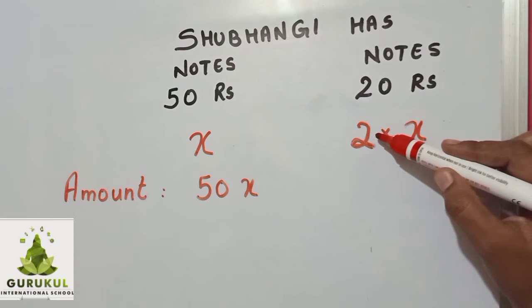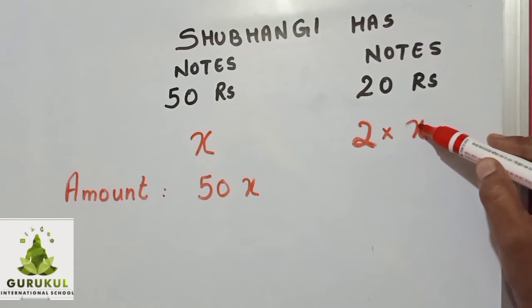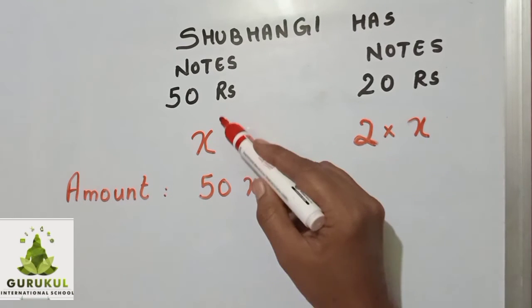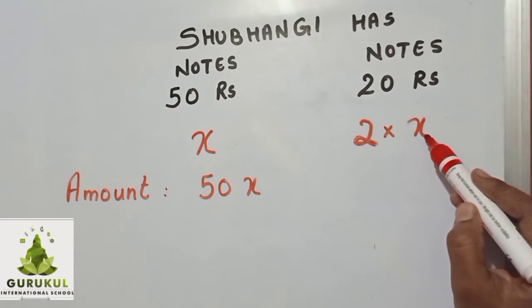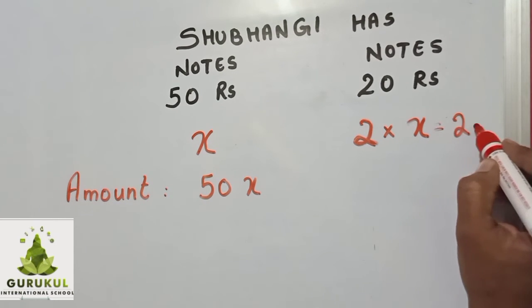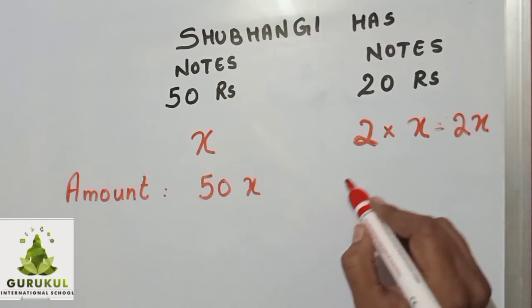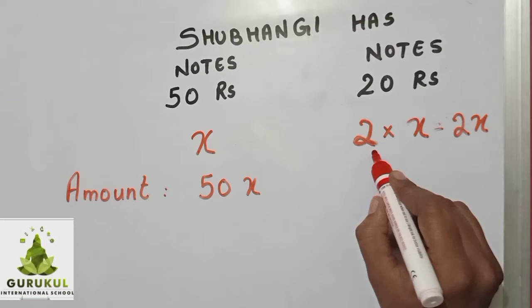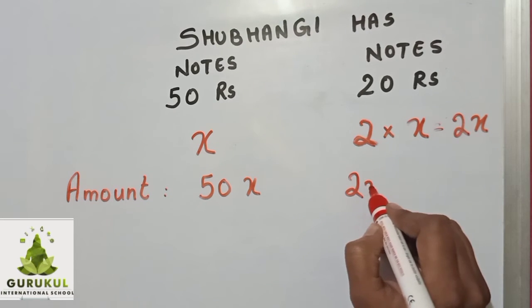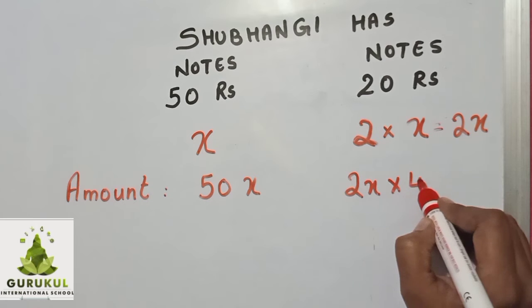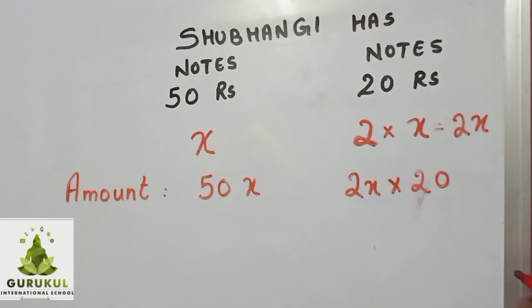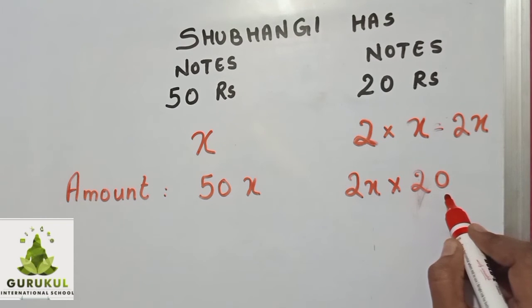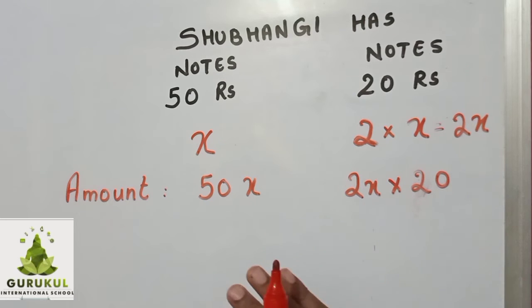She is having twice as many notes as that of 50 rupees notes. X notes of 50 rupees she is having, so double of that, that is twice of 50 rupees notes. Is that clear? So you are getting here 2 into X, means 2X. So what is the amount the 20 rupees notes make? Now she is having double, so that is 2X into 20. Is this clear to you? 2X into 20 means 40X. Amount is 40X. We will keep it as it is. When we are writing the expression, we will substitute this. Is this much clear to you?